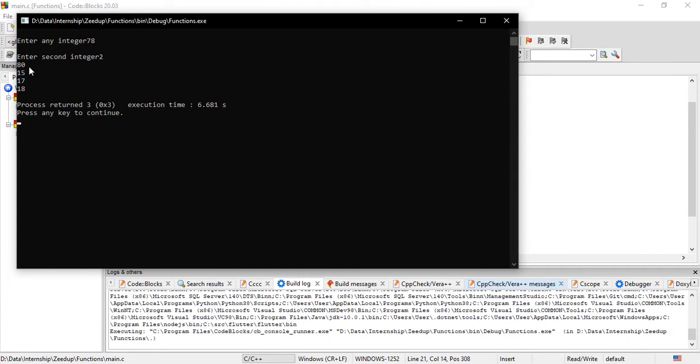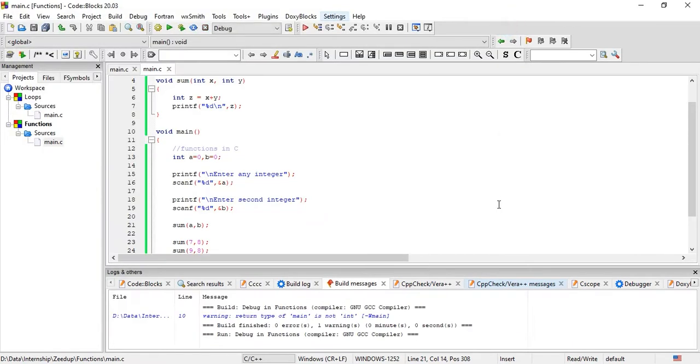That is the answer of the sum function that we got when we just added these two user entered values, and these three were the predefined values. Okay, so that's how it works. That's how you can accept the values from the user and enter them in the function. Now this was about the function without any return type, but with some kind of arguments.